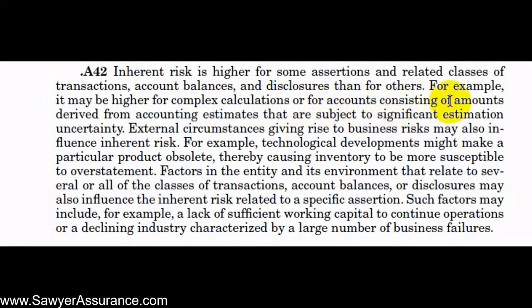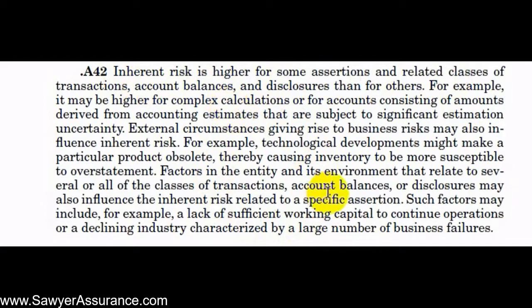It could also be due to the account balances being derived from really subjective accounting estimates. Maybe, for instance, the allowance for doubtful accounts or goodwill impairment, something like that. Or a higher inherent risk might come about from the susceptibility of a technology company's inventory being obsolete. So the inventory accounts might have a higher inherent risk. Or it could just be related to the entity's environment or their industry. For instance, in a declining industry, maybe in the future the company might have trouble paying off its debts or its vendors or getting its receivables paid or even challenging the going concern assumption. So there's a lot of different variables here that boil into the inherent risk of different accounts and such.